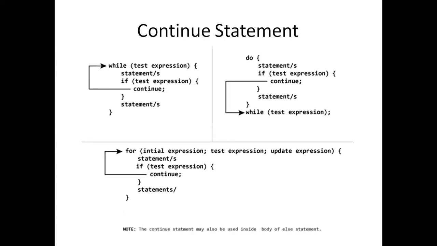What will continue do? When the continue statement occurs during the execution, continue will just skip that particular iteration. Whatever the current running iteration is, it is going to skip it and resume with the next iteration. In the same way we use continue in place of break. So I will show you that with the help of an example.